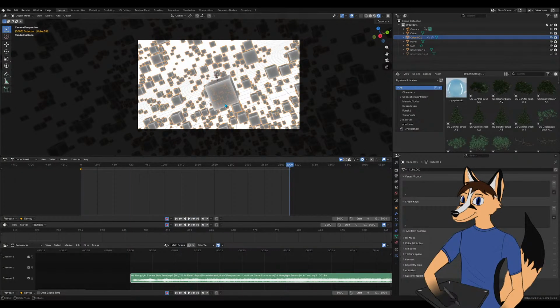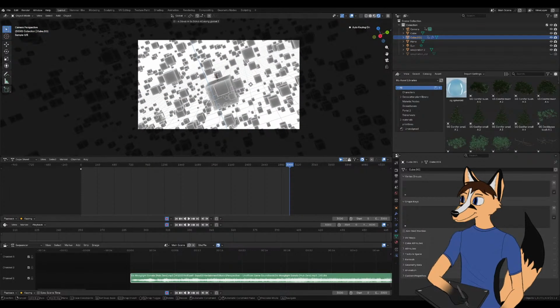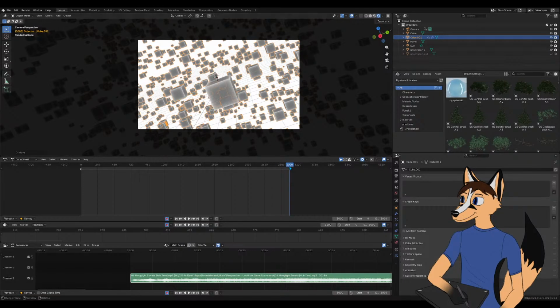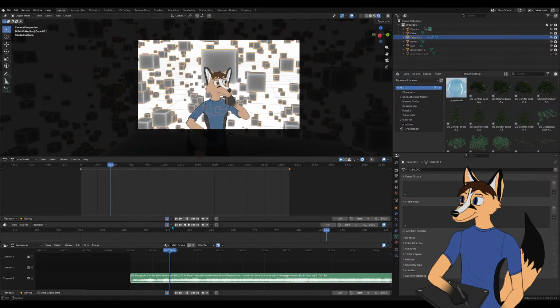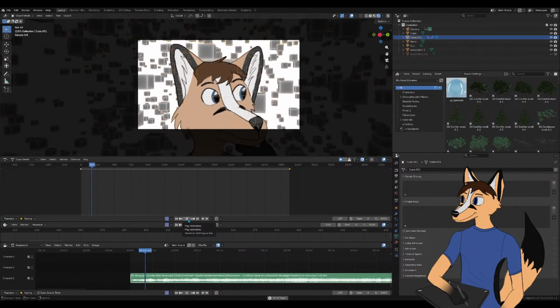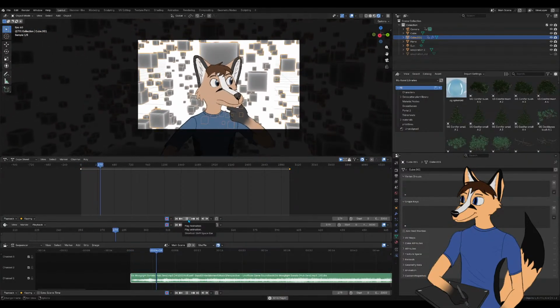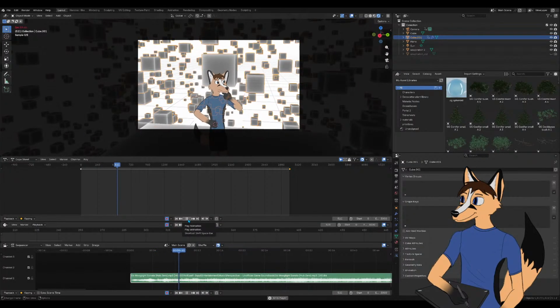I would like the movement to be a lot more subtle, so maybe just a little bit instead of the full range there. Yeah, that feels better.